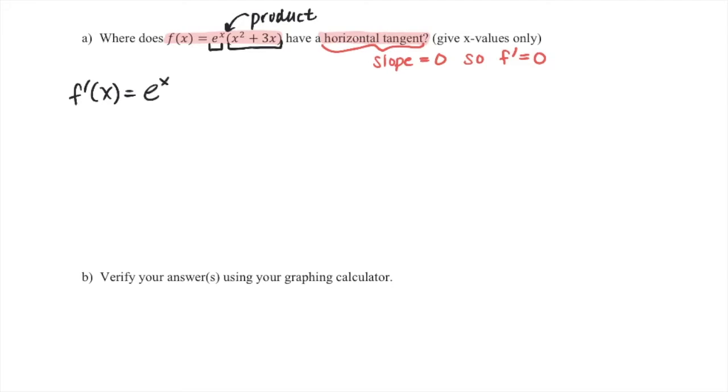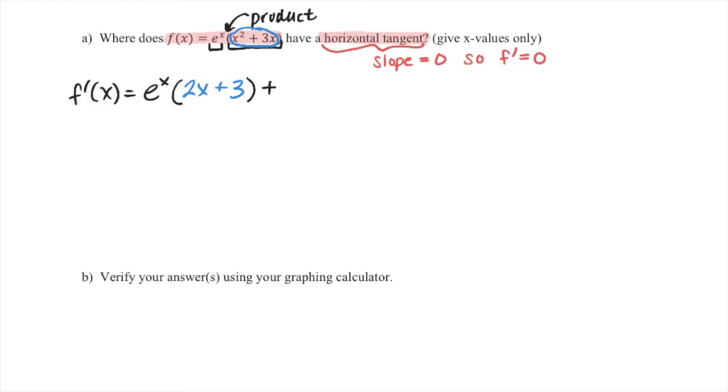So the product rule says we're going to take the first function that's being multiplied, in this case, that's the e to the x. And then we're going to multiply it by the derivative of the second function. So in this case, we're looking at the derivative of x squared plus 3x. The derivative of x squared is 2x, and the derivative of 3x is 3. So that's the beginning of our product rule,